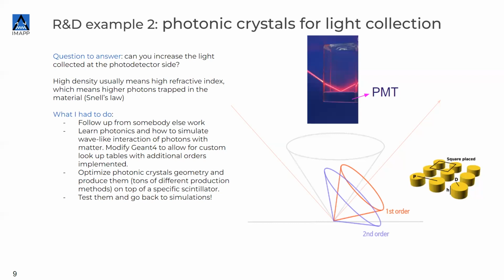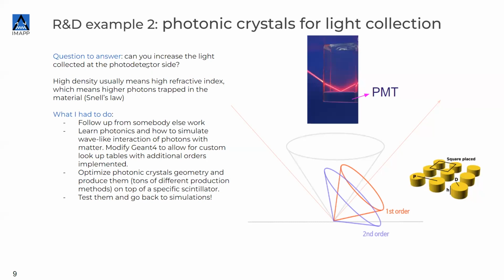Example number 2. I went on in my research, and somehow we wanted to make scintillators even better, and we wanted to fight this total internal reflection, which, if you are using an optical coupling, is always there anyway, because the crystal that you're using has a refractive index which is so high that there is no optical coupling that can match what you have with the crystal. So somehow you always have losses. In any case, even if you find an optical coupling, the PMTs are also made of glass, so you will find another problem just at the step above.